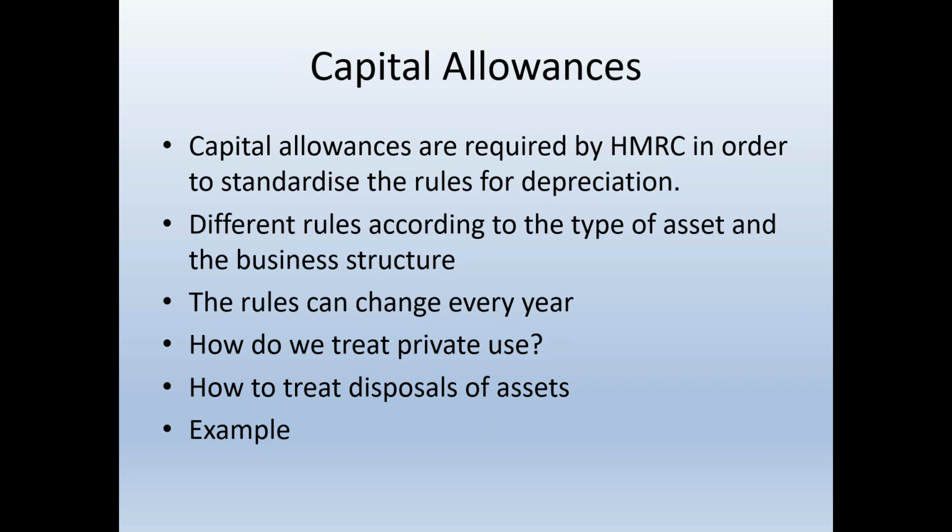They're fairly straightforward. And capital allowances essentially are the ways that HMRC standardise the rules for depreciation. And now there are different rules according to the type of asset and the business structure. The rules can change every year. And there's also a question, because you're sometimes dealing with sole traders and partnerships, how do you treat private use? And how do you treat disposal of assets? So if we have a look at an example,